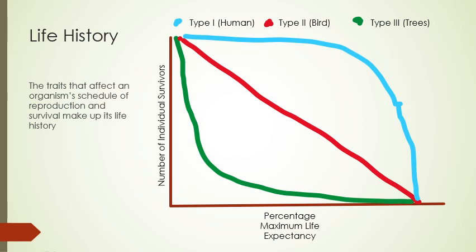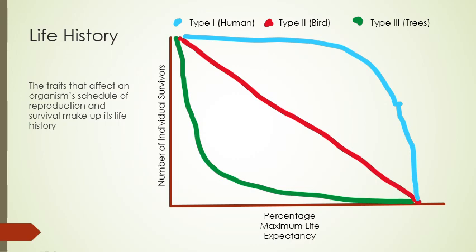Other organisms, type 2 organisms, birds. Birds invest some time in their young too, right? They sit on their eggs, they hatch their eggs, they bring them some food. And as soon as possible, they kick them out of the nest in order to start the next batch. So they end up having not all of the birds survive. I don't know if you guys have ever seen a baby bird that's been kicked out of the nest and died. It's kind of sad. You're like, oh, you weren't ready for life. Typically, birds are going to have that lower life expectancy.